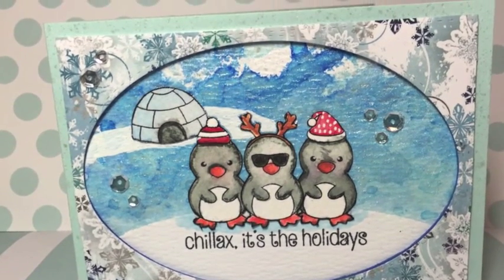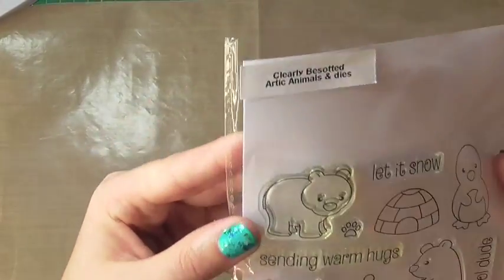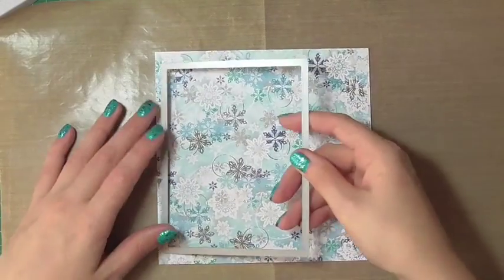I'm going to be making a card with these cute little penguins from Clearly Besotted. They're from the Arctic Animals stamp set. I'm going to use the penguin and some of the little toppers to sit on top for some hats and